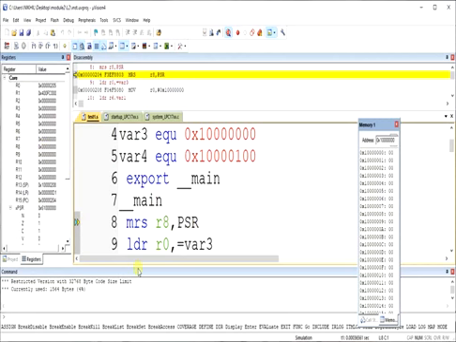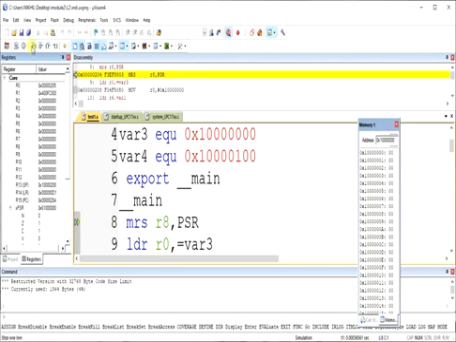How to understand this? Now click on single step. Once you click, this arrow mark will come down, which is the program counter link. It will point to the next instruction to be executed. The current instruction to be executed is this one. Now I will observe here and also observe the value of R8.